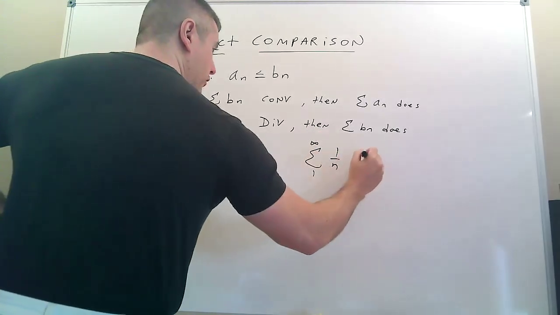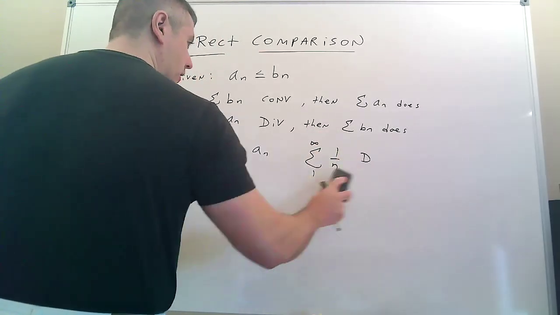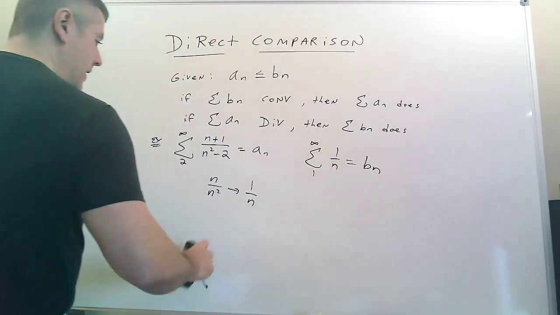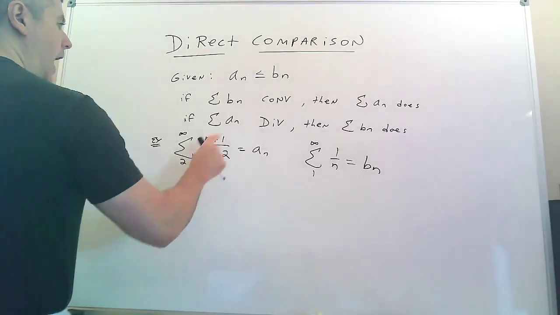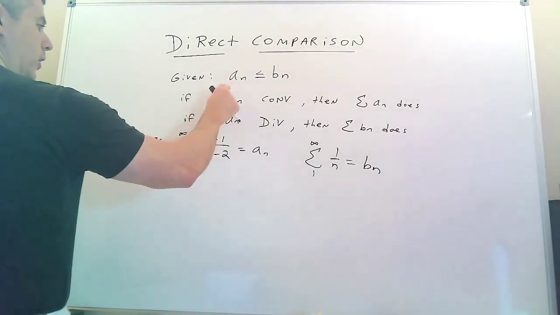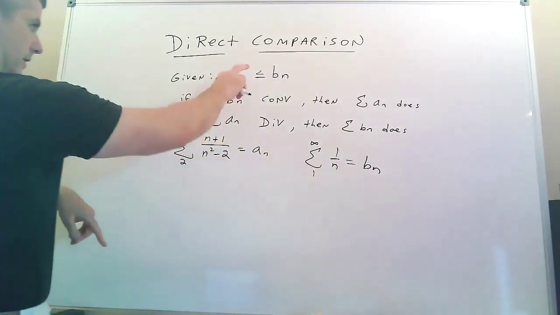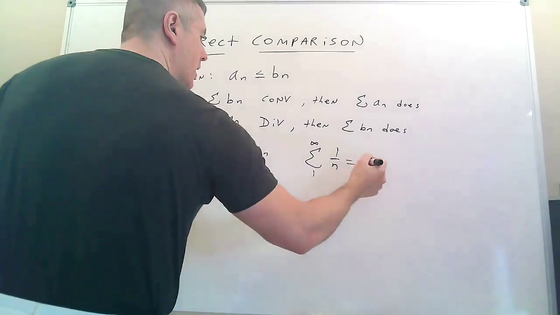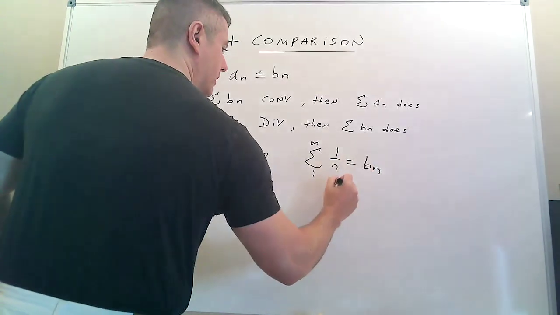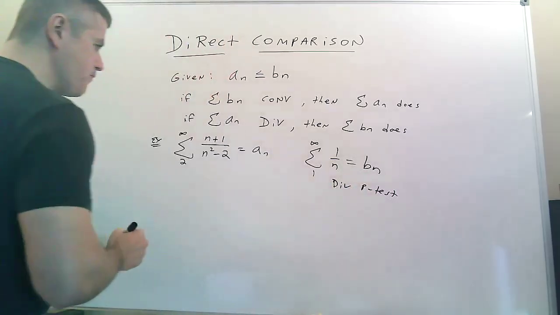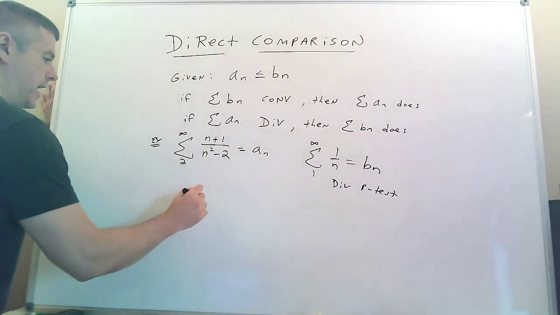Now, I know this one diverges. Well, let me call it Bn, right? This is my B. Now, this one's going to be a little different. I really should be calling this one B and this one A if I want to fit this, but I'll show you. So this one is going to diverge by the p-test. Now, the thing is, if I had this,